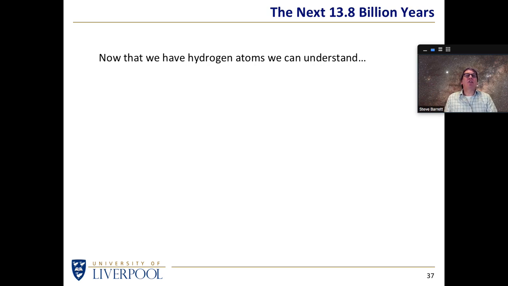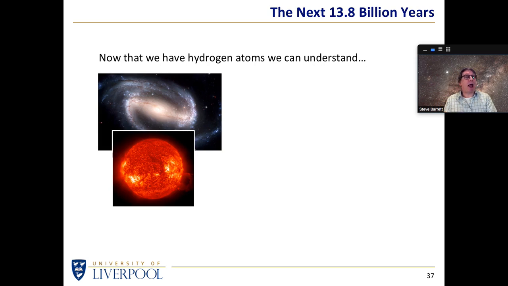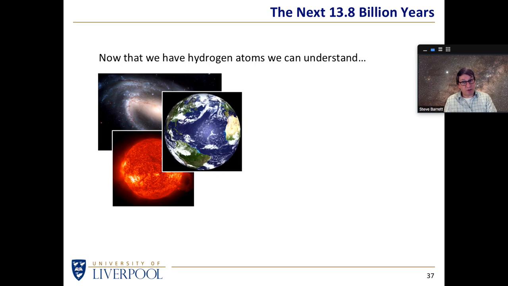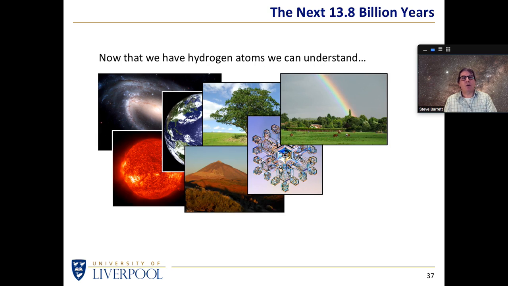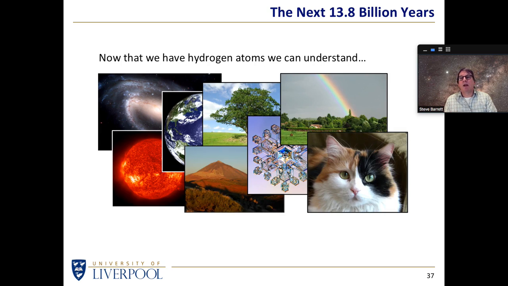What happens in the next 13.8 billion years? Well, once we've got a whole shed load of hydrogen, which the Big Bang provides for us, essentially after 3 minutes or so, now that we've got hydrogen, we have a chance of understanding galaxies and stars and planets, and we can also, to some extent, understand trees and mountains and snowflakes and rainbows and cats and... Okay, perhaps not cats. I don't think anybody will ever understand cats,